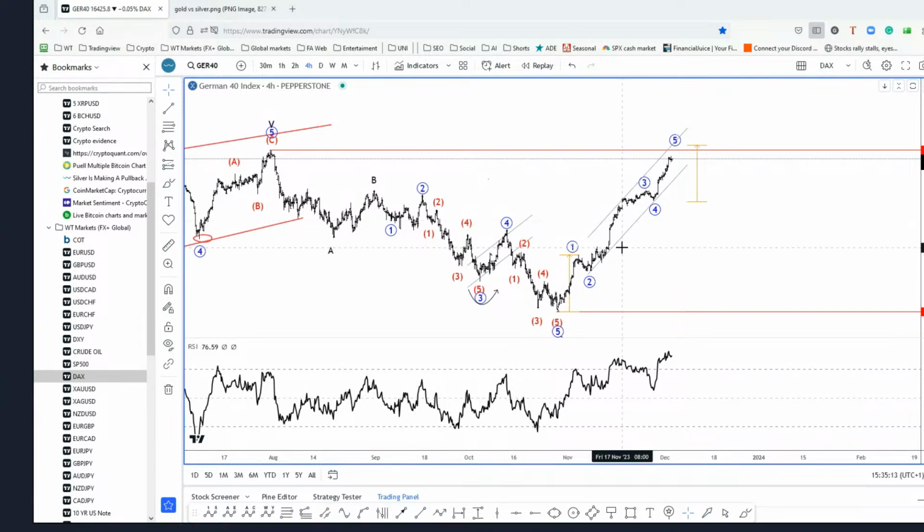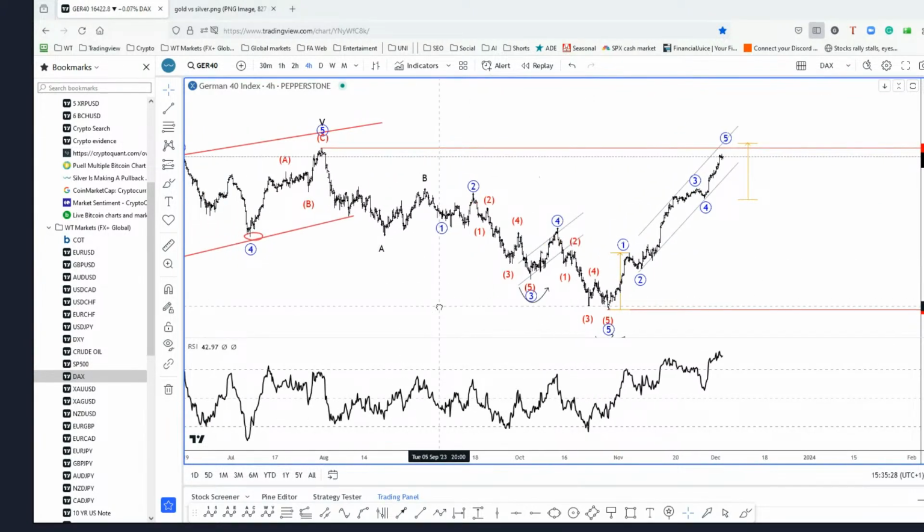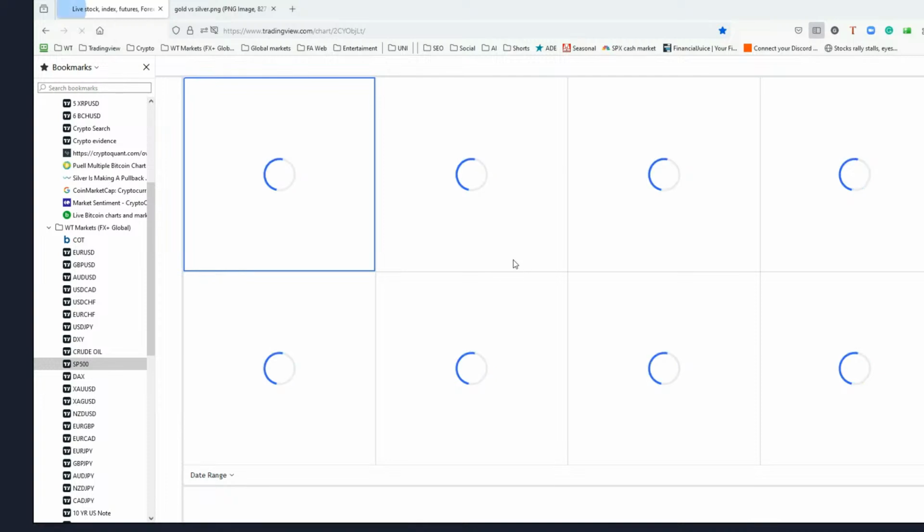If you're long, obviously from much lower levels from weeks back. But if you're looking for new longs now, it's too late. If you're looking for any kind of short, definitely not a good idea either. So I just think you have to keep in mind where the price levels are and maybe just stay away from it. If we take a look also at the S&P 500, I think that this major trend